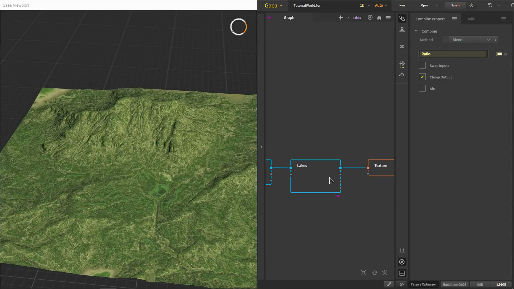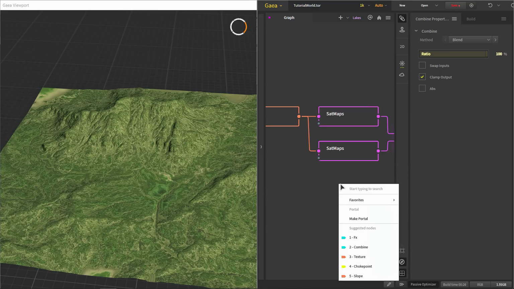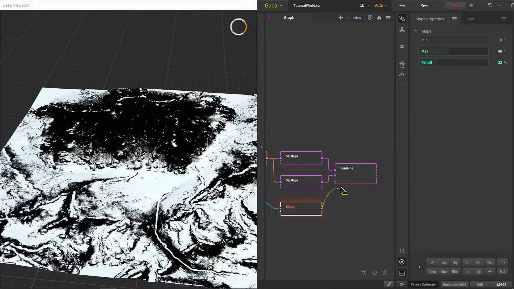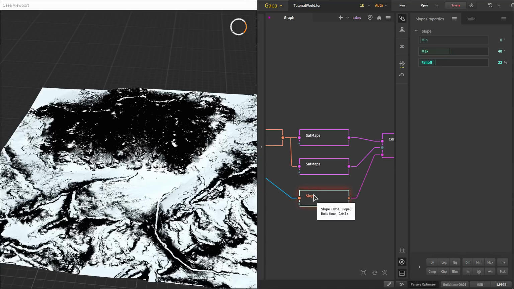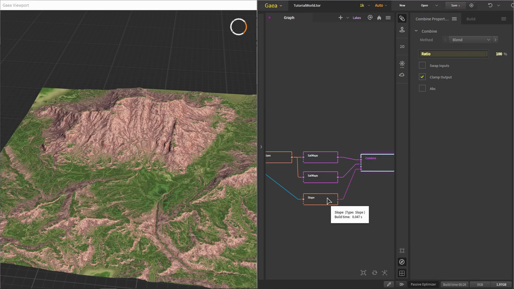So now let's use a mask. This lake node is our last node in terrain creation. So from here we'll use the slope, and you can adjust the slope values here for what you like. Normally I go with 40% and a bit of fall off, something like this. Now go to mask. Now this slope is the same as the slope we use in the auto material. So if you are simply using the slope to blend the texture, you can just do it in Unreal Engine. But if your slope mask is a bit complex, you are also doing some height blend and some of the flows and soil, then it's better to use the mask from right here.